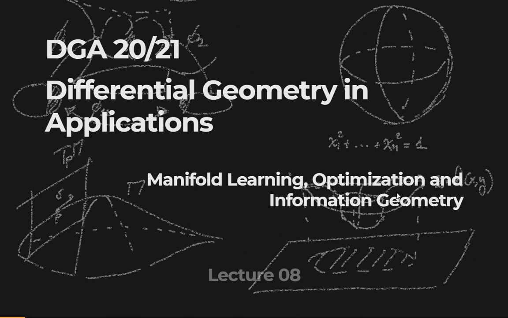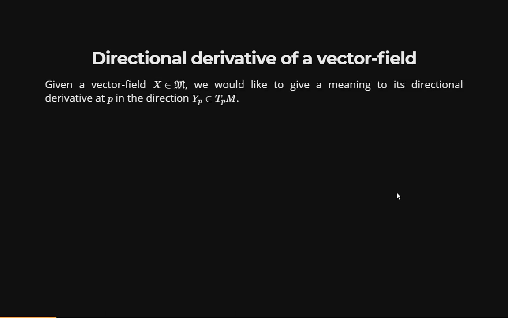Okay, so lecture 8. Now we want to address something which we started talking about a bit when we introduced the Lie derivative: the directional derivative of a vector field. Given a vector field, that symbol is not the right one,